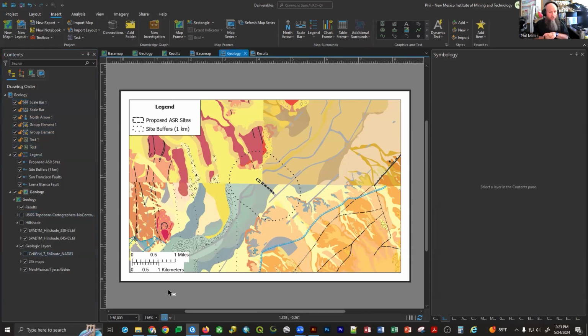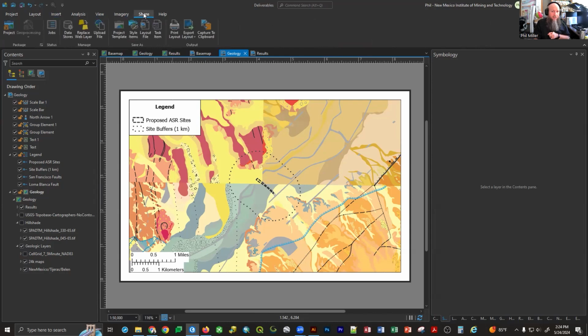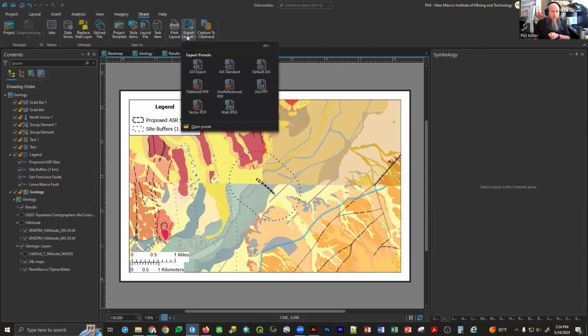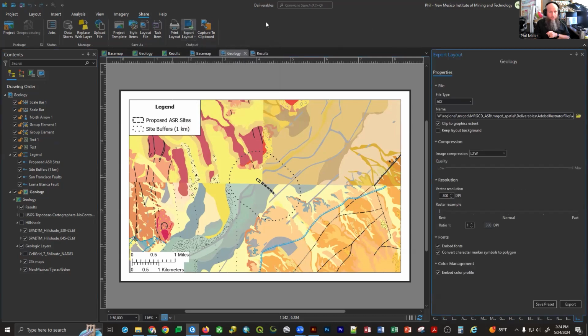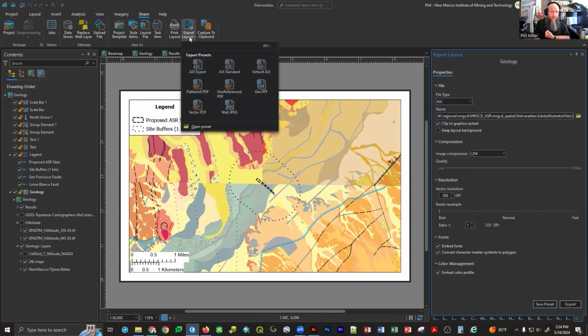Here is all of my vectors. What we want to do is go to the Share tab and export layout as AIX. Let's go through these settings now to export to an AIX. You can retroactively switch between the different file types. If you were to click on Export AIX,